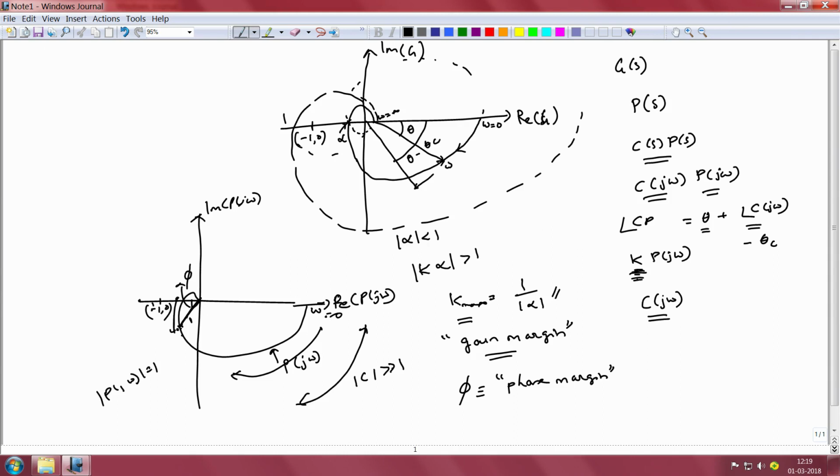So, having talked about Nyquist stability theory and the use of Nyquist plots in determining the stability of a closed loop system, I want to emphasize the fact that the Nyquist plots are the final courts of appeal as far as stability of the closed loop system in frequency domain is concerned. So, there can be occasions where by looking at the open loop transfer function, one is not very sure whether the closed loop system would be stable or not.